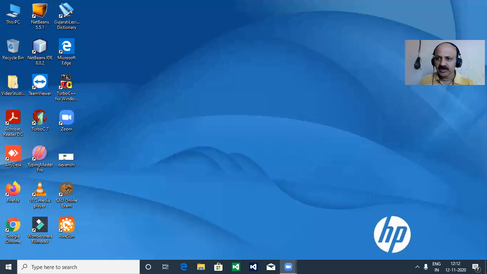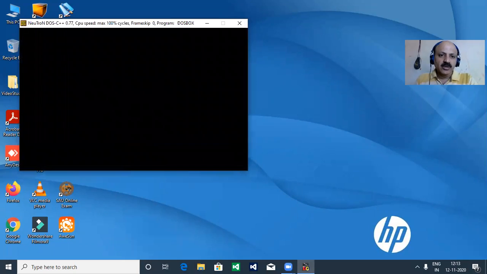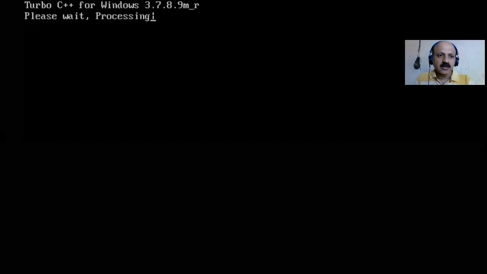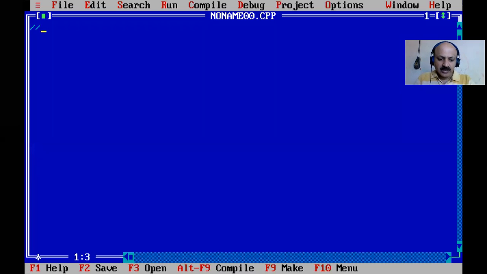In this session, we learn generic programming in C++. First I share my laptop screen and fix the position here so you can watch my video lecture better. Here in Turbo C++, I double click and take some time, and now it is open. Alt F for the file menu, and take a new file. And here our goal is to write a program to perform